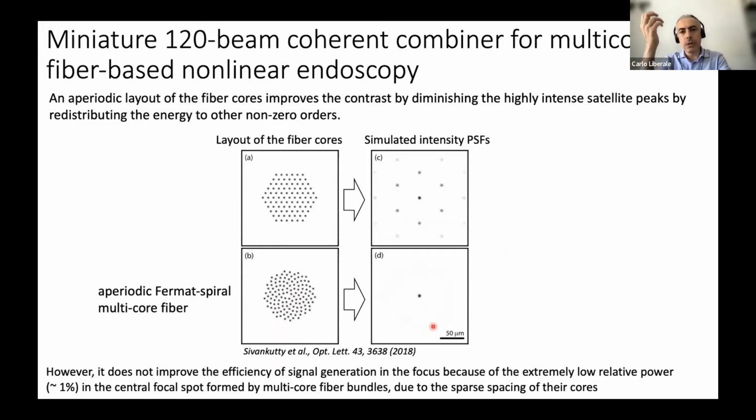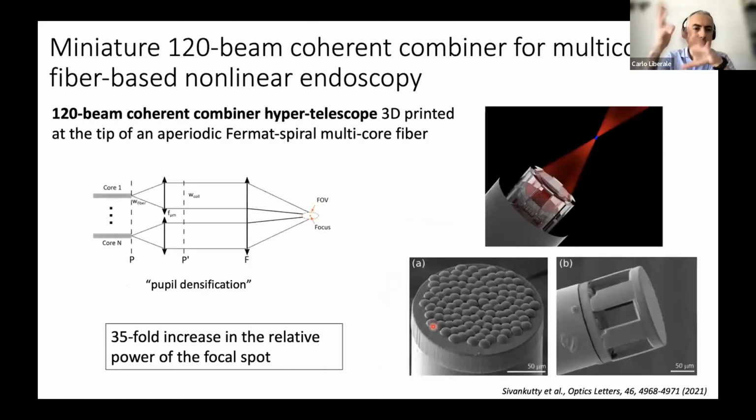So what we have to do is apply a principle of astronomy that is also called pupil densification or hypertelescope. Basically, what you do is expand the light out of the core of a single fiber to fill the pupil, because typically you have the fiber, which hangs here, and then a lens which focuses on the center. Here we have added an intermediate step, adding individual micro lenses which collimate the light out of each single core, which are these lenses here. And you see that they align very well with the different cores of this